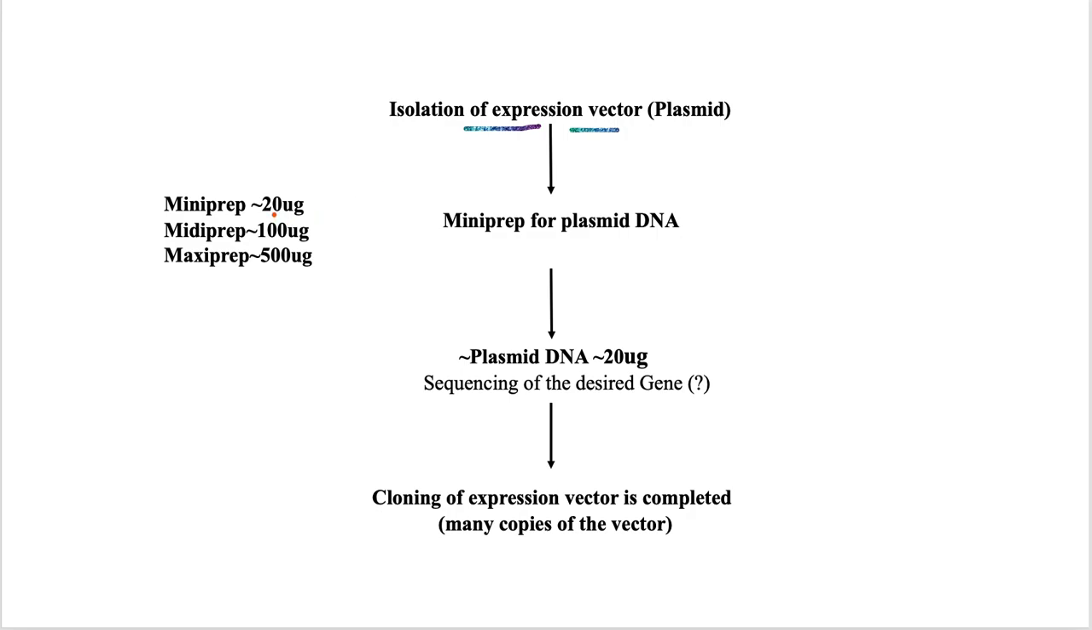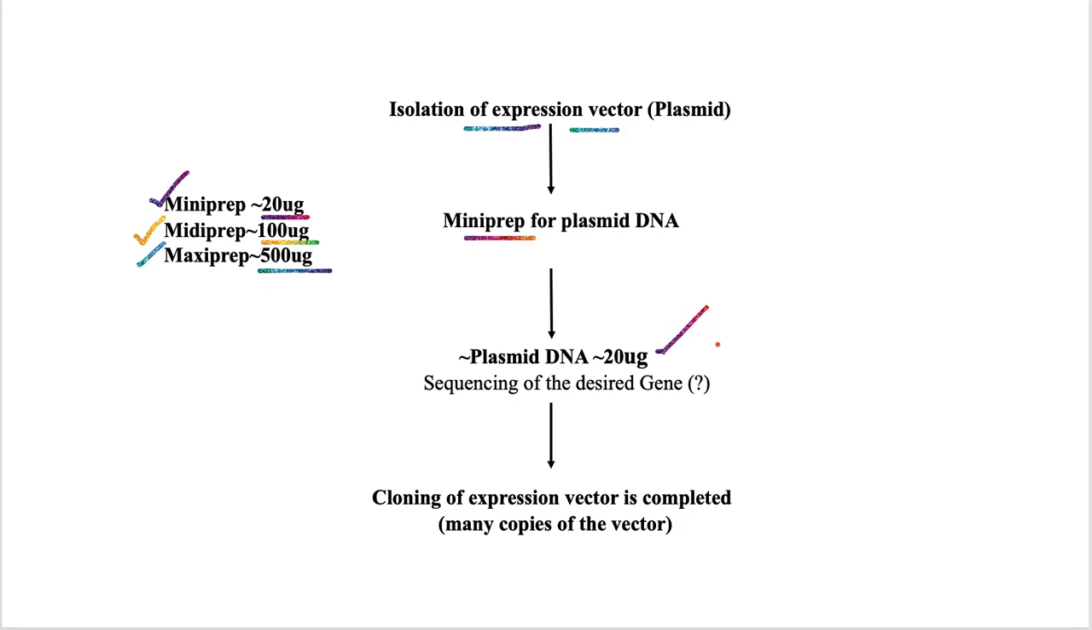For instance, if we are interested in 20 microgram of expression vector, we follow the mini prep protocol. If we are interested in 200 microgram of the expression vector, then we follow the midi prep protocol. And if we are interested in 500 microgram of the expression vector or a plasmid having our gene of interest, then we follow the maxi prep protocol. These steps are almost similar with minor variations among these three different preparation protocols. If we follow the mini prep protocol, at the end we get approximately 20 microgram